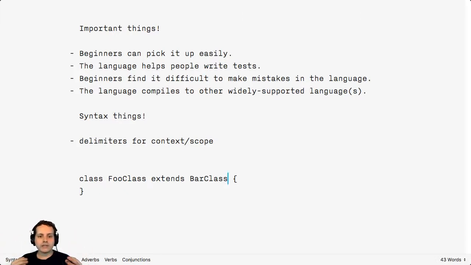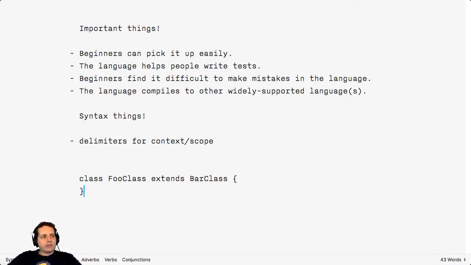And when you're inspecting this code, say you're looking for the hello world method. You go into foo class, you don't find it there. You go one level up. Is it in bar class? You don't find it there. You go one level up. Is it in whatever class? You don't find it there. And you keep traveling up until you find it, and then you can debug it.